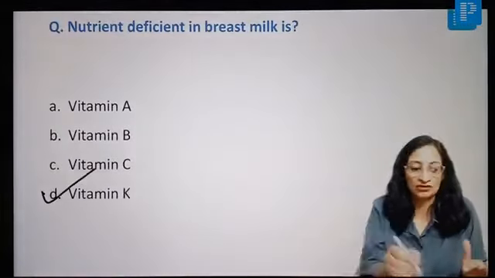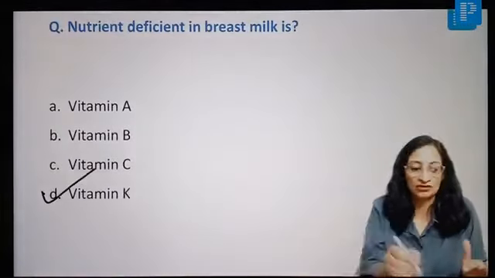Pellagra. Pellagra is a disease of 4 Ds. So what happens? There is diarrhea, dementia, dermatitis, and even death can happen. And what is the typical rash? It is there in the photosensitive areas, and we call it Casal's necklace. Okay, photosensitive areas, you have the rash, Casal's necklace. Pyridoxine deficiency can cause neurological features like peripheral neuropathy.